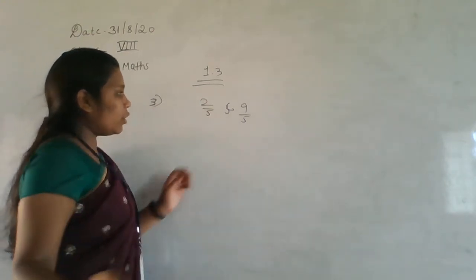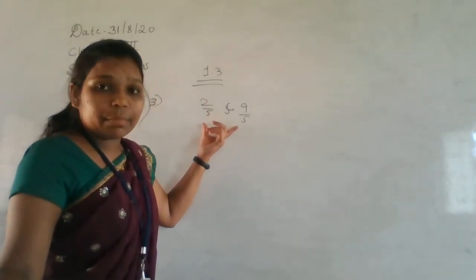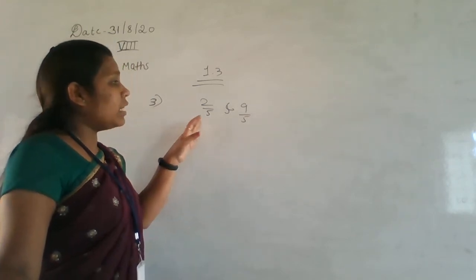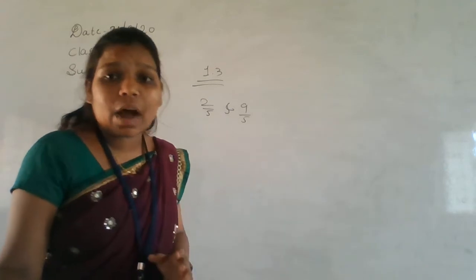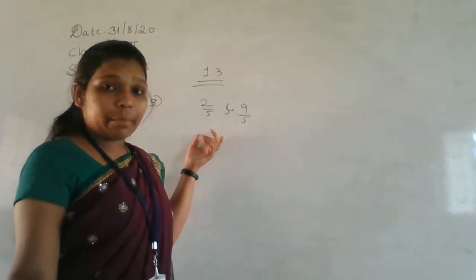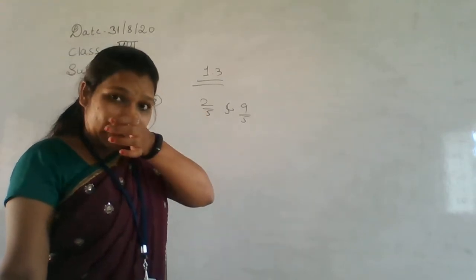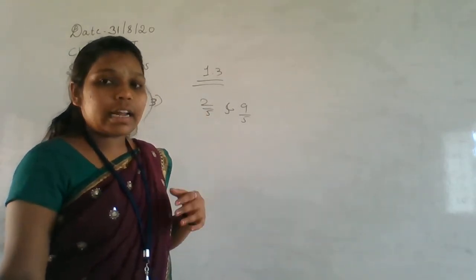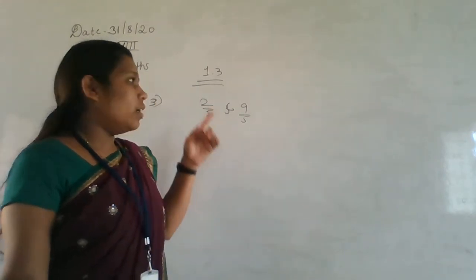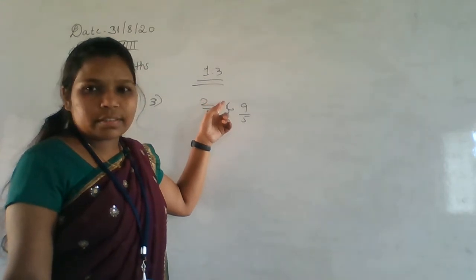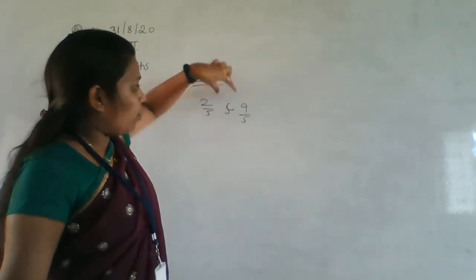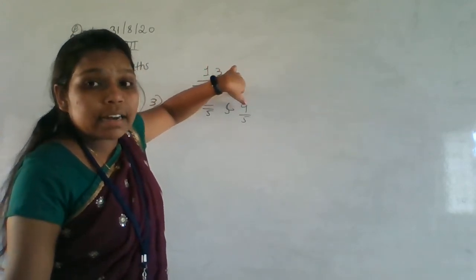See, yeah, in the denominator both the values are same. Then we can't multiply anything here. Okay. So if the denominator value is different, then only we have to multiply here. Even in the case of if the denominator is same, but in the numerator value there is not much difference, then also we have to multiply and find the rational numbers between those two. Here 2 and 9 there will be a 7 difference. So we can get 5 rational numbers. The numerator difference should be greater than 5.